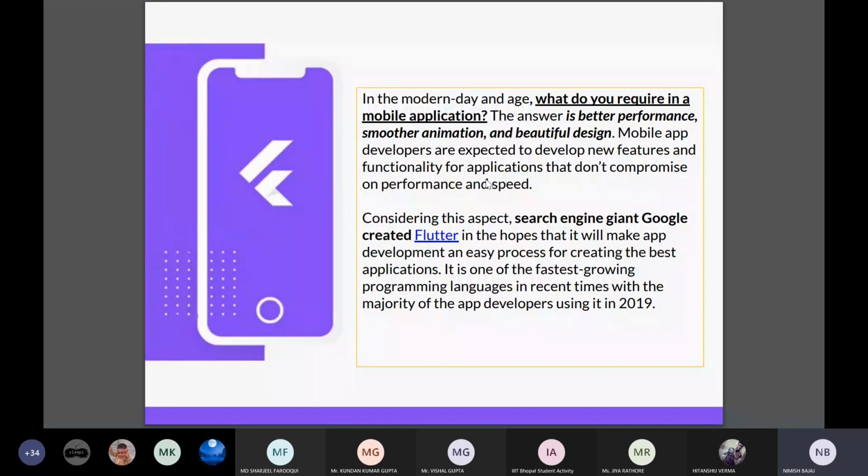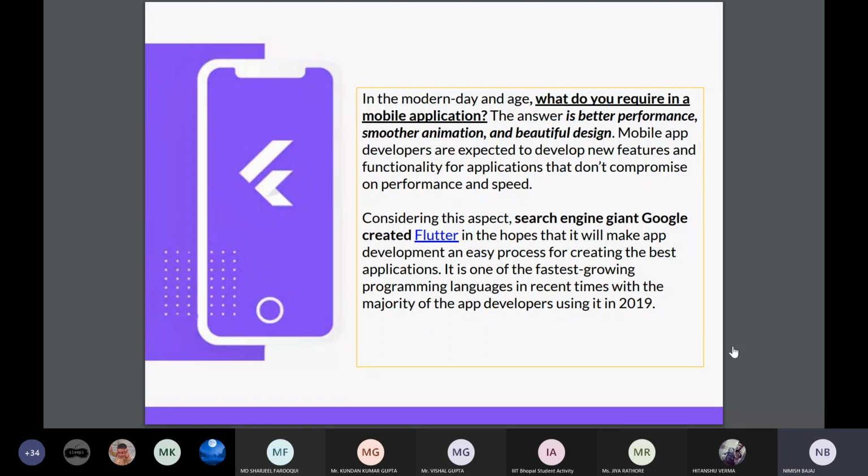Then what does a mobile developer require? A simple thing. As a mobile developer, I require fast speed, hot restart, hot reload, simple animated features and high performance working for both Android and iOS. I required this, but it was not present way back when I started coding. But when Flutter got such a response from the community,